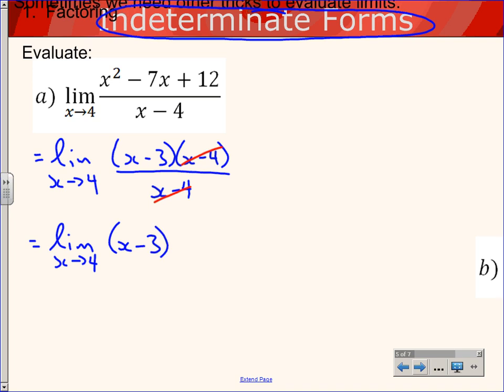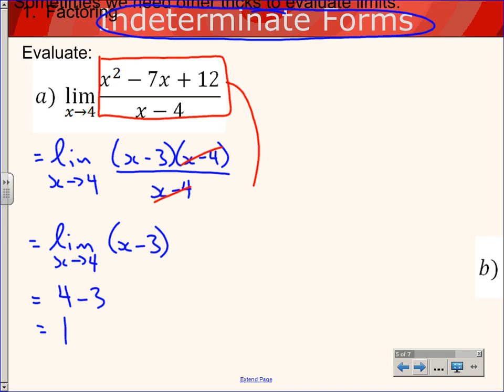And it leaves us with just x minus 3. Well, now you can substitute that in because it's a really simple expression. And our answer is just 1. So that's how our factoring works. But we should probably think a little bit more about why that happened. With rational expressions from grade 11 again, what we're saying is that this expression right here, this big one, is exactly the same as this one. They are equivalent,